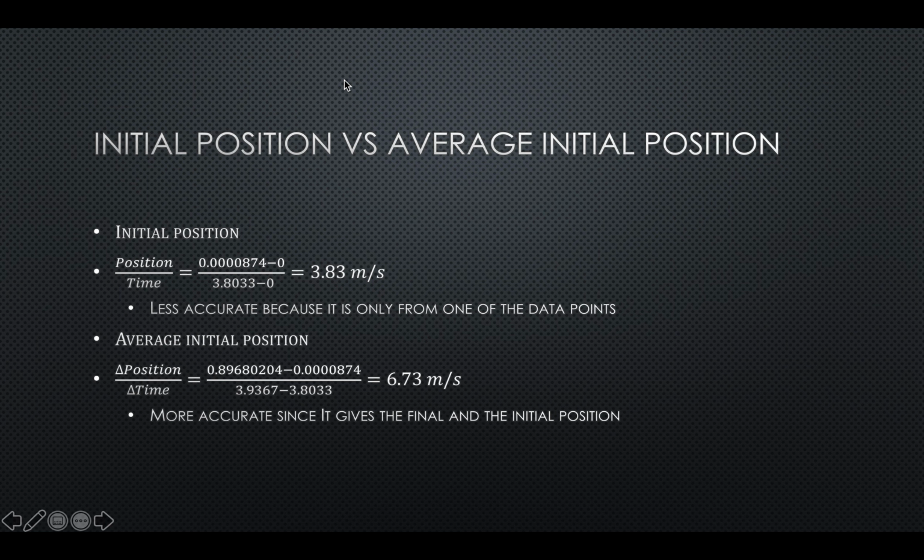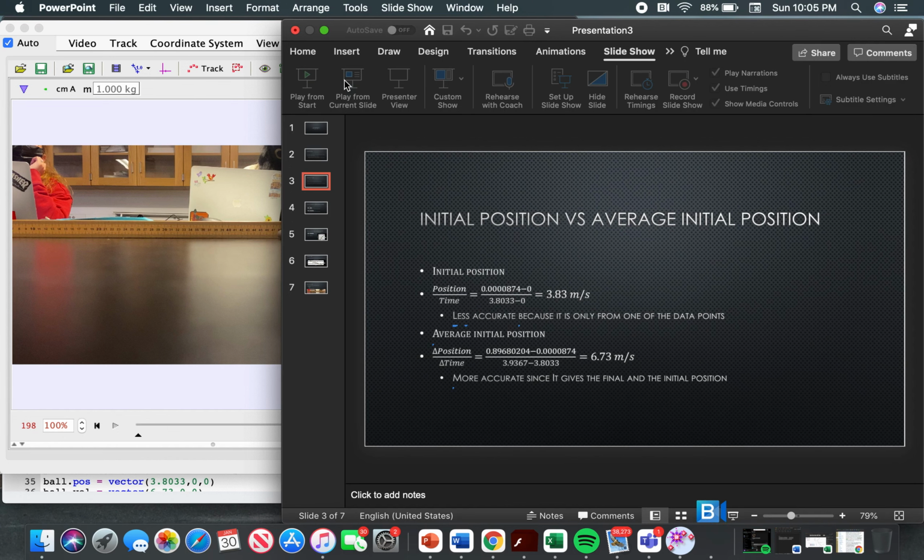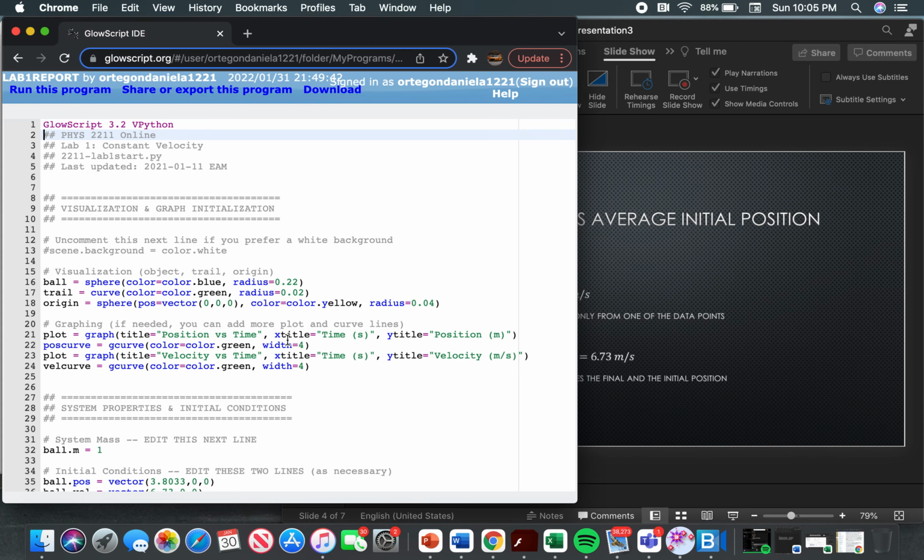We got all of our data from our video analysis of the object motion shown. So that was from Tracker. As we go to the Glow script in our Python code,